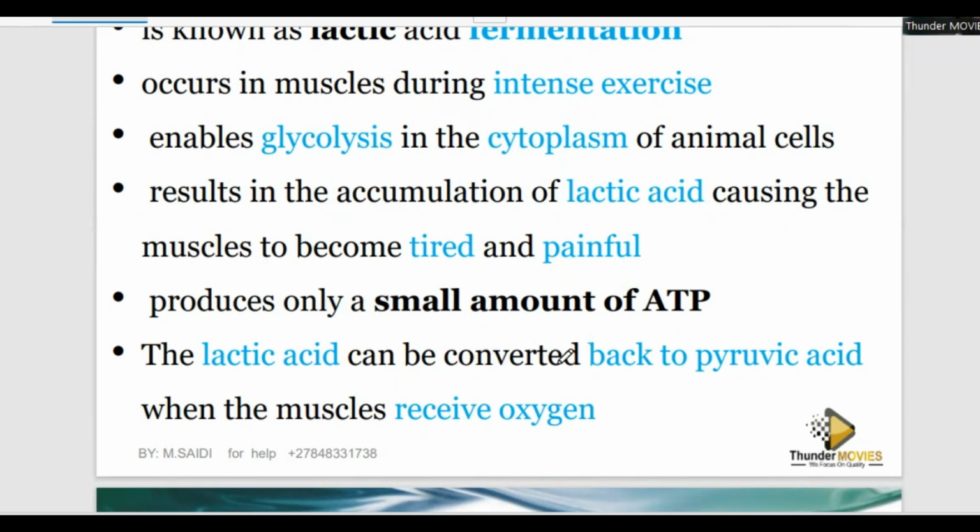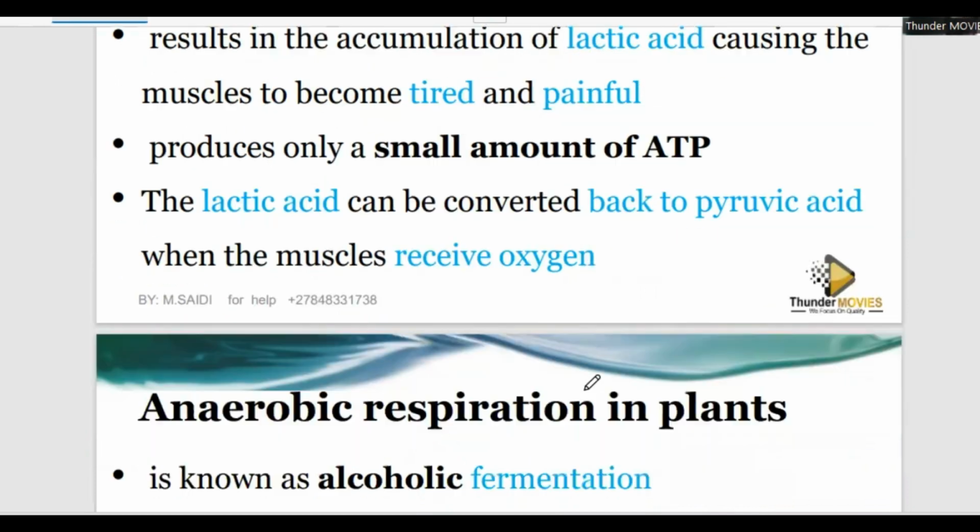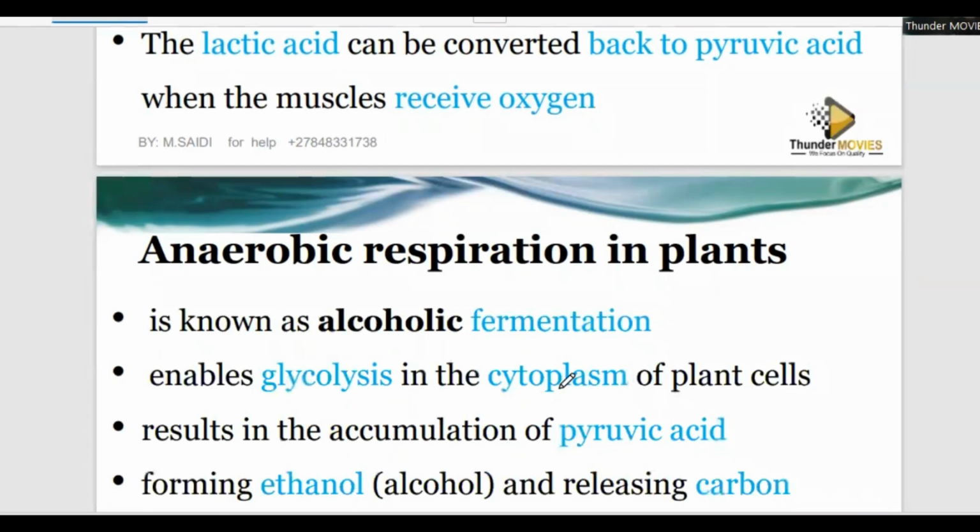Lactic acid can be converted back to pyruvic acid when the muscle receives enough oxygen. Then we can take it to the Krebs cycle and oxidative phosphorylation, and the maximum amount of energy can be produced. What about anaerobic respiration in plants? This is called alcoholic fermentation. People who are making, you know how you call it,